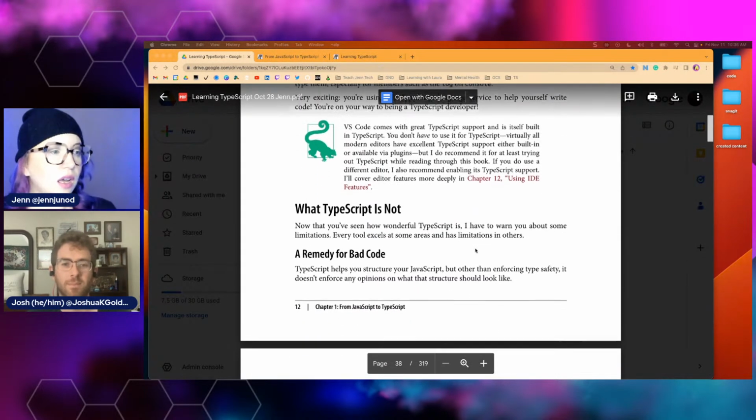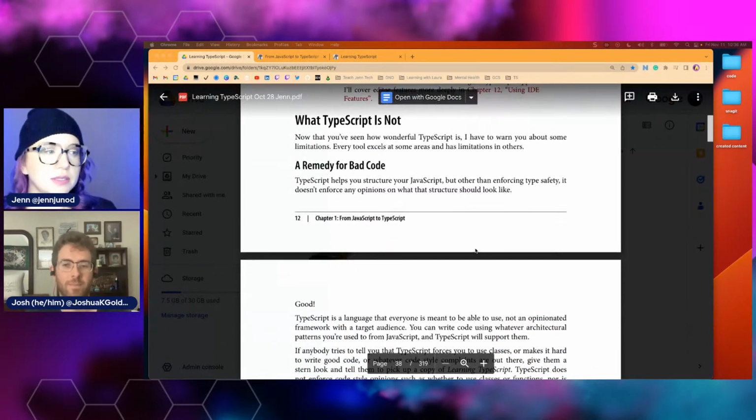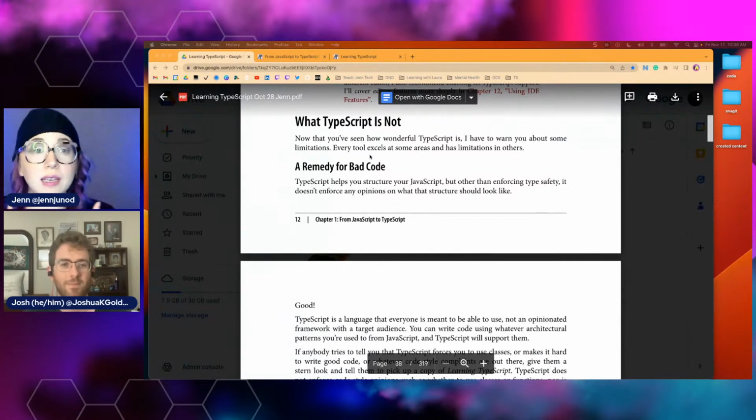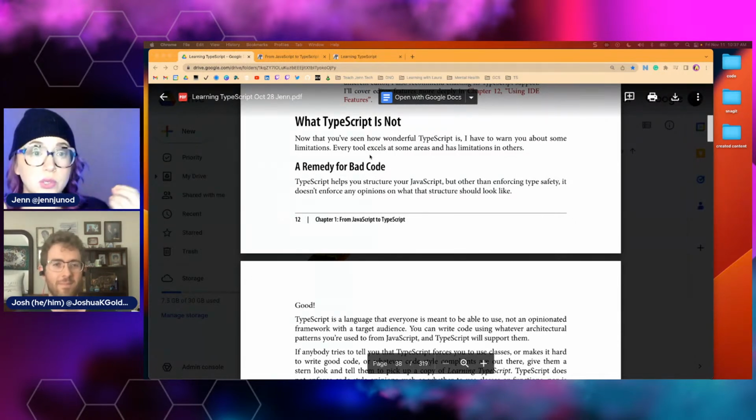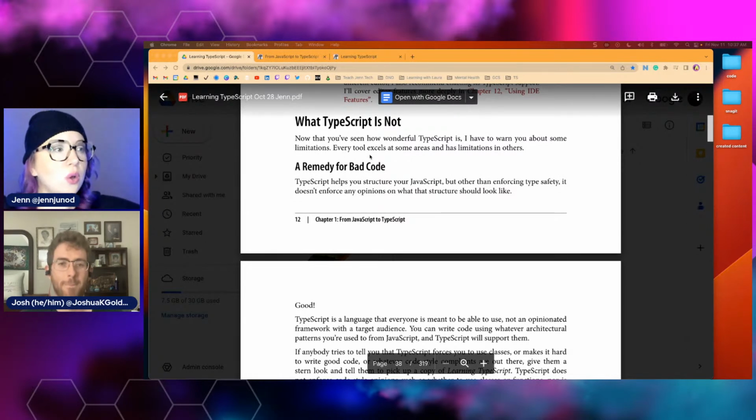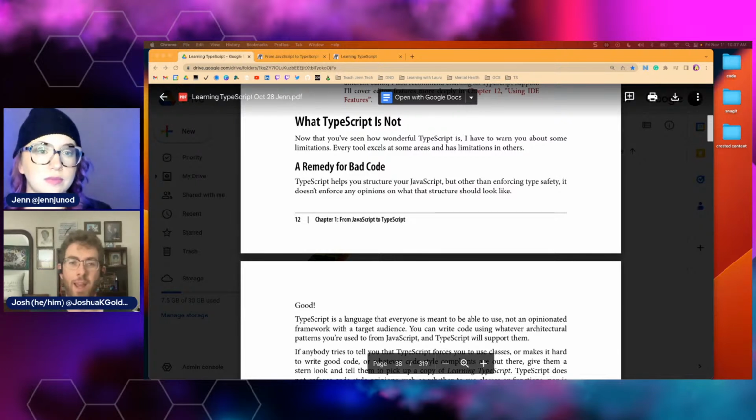Yay. Okay. So I appreciate that you put this in here. I feel like other people would be like, why are you saying this? But it is really helpful to know what your guardrails are and what it is and what it is not. So what TypeScript is not? How would you explain that? I would say TypeScript doesn't have opinions. It's only about correctness, not about doing it a right way.